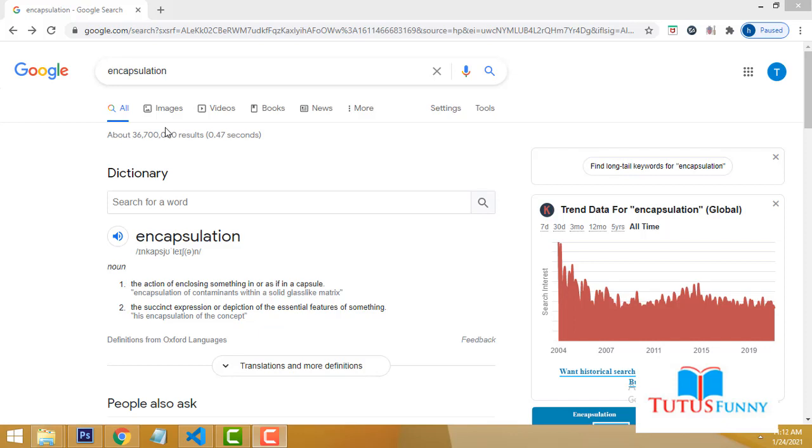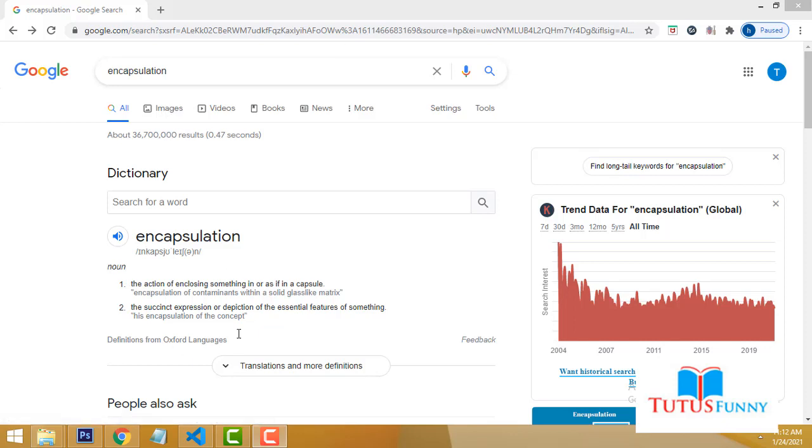There is a purpose of encapsulation. Only necessary data we will show to the people, unnecessary data we are hiding, right? A good example is the washing machine. We only have to show people how to turn on the machine and how to do the basic functionality. Unnecessary data means how the electricity works and how other functionality works. That's all the stuff we are hiding, right? That's a good example, the washing machine.